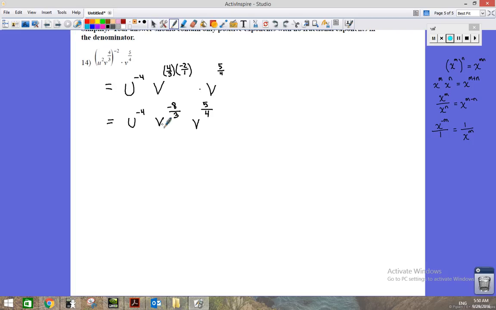We can simplify, since we have multiplication and these bases are the same right there. We can take this negative 8/3 and add 5/4. So to add fractions together, I need a common denominator. Now if I were you guys, I would just go ahead and use a calculator, because these scientific calculators can add fractions together for you. But I'm going to go ahead and